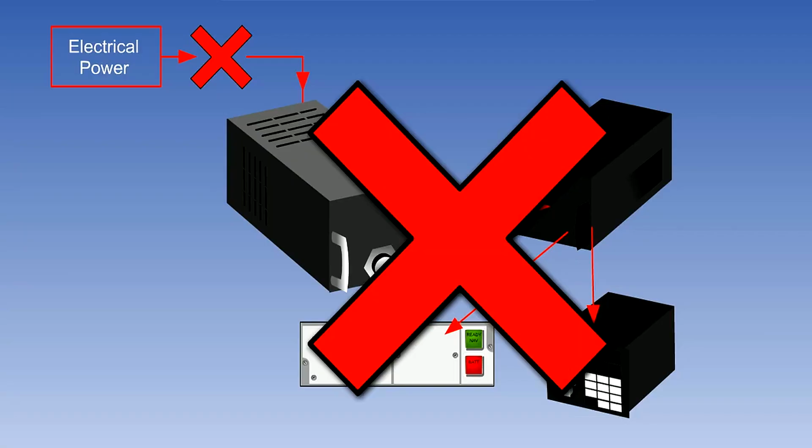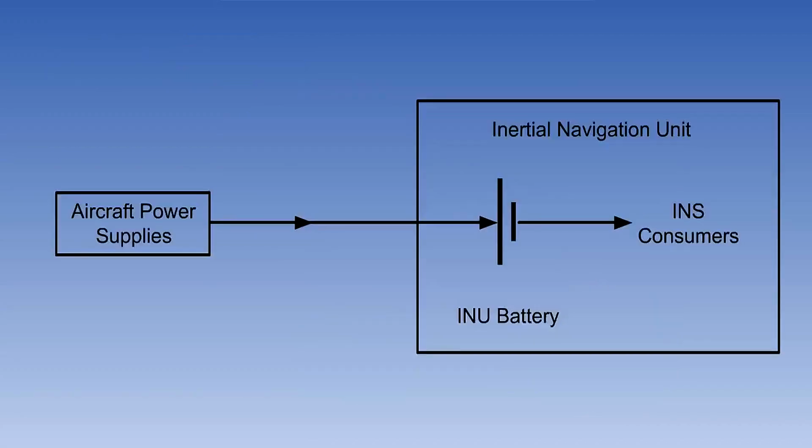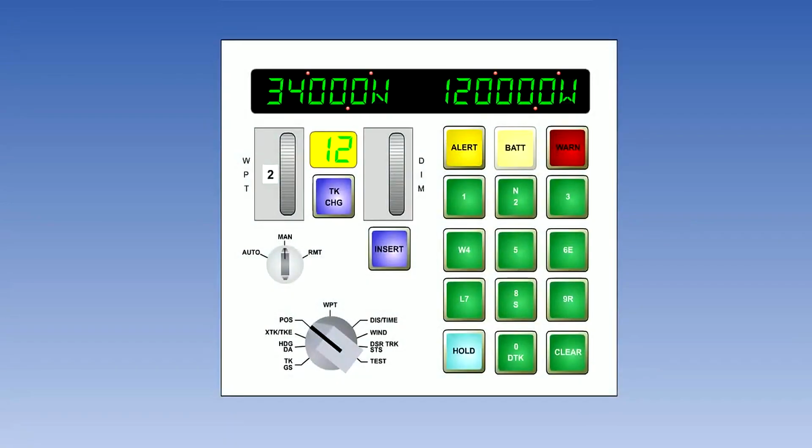Therefore, in the event of INS power failure, all computing and navigation facilities will be lost until the end of the flight. This must not be allowed to happen, and so the INS contains its own battery which is constantly charged from the aircraft power supplies. In the event of an aircraft mains power failure, the battery simply takes over and power supplies to the INS are maintained. This is indicated by illumination of the CDU bat light.